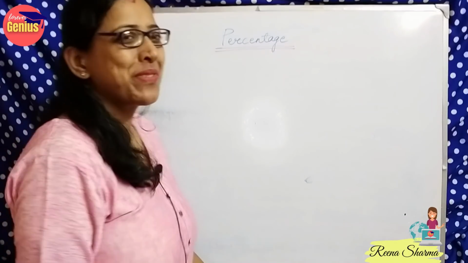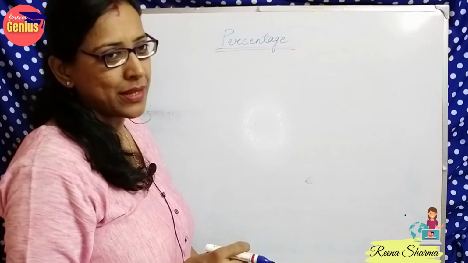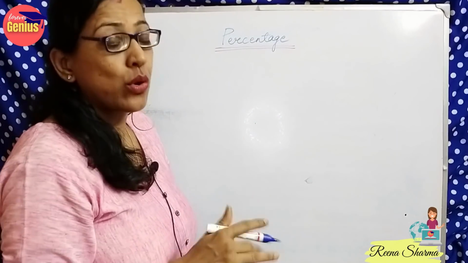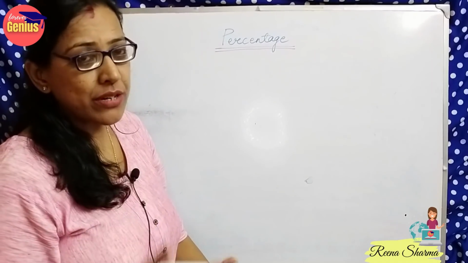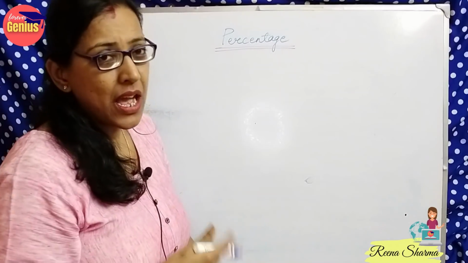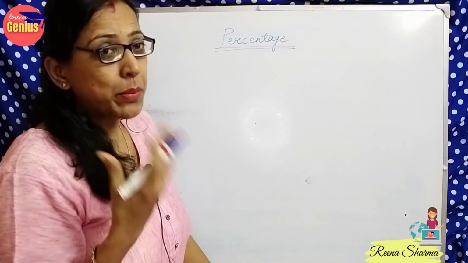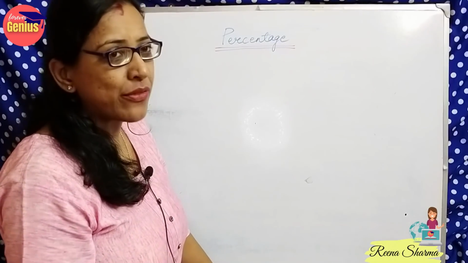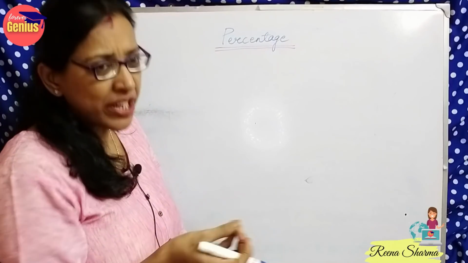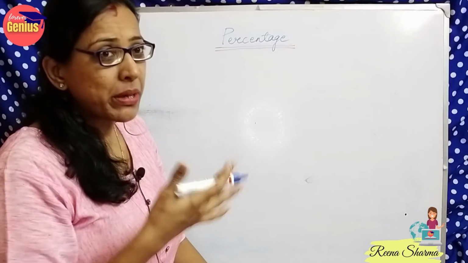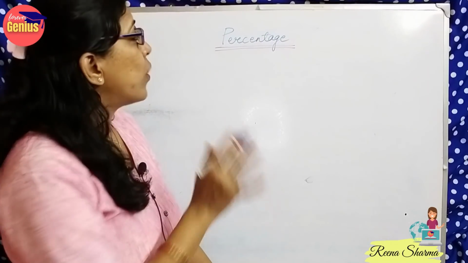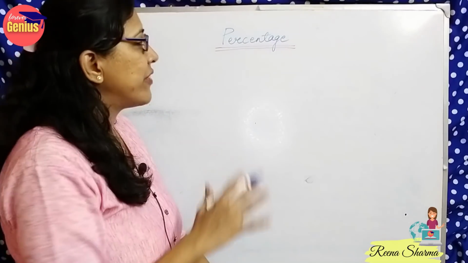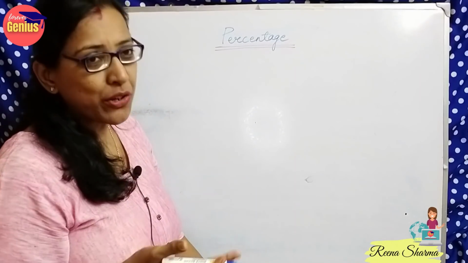Hello students, with our topic on math. So today we are starting with the topic percentage. Now we have a lot of confusion when we deal with percentage. How to calculate the percentage if a number is given out of, suppose, 3600, if I have to calculate 10%, 15%, how to do? We often make mistakes, but what are some of the tricks which we can go through and we can be master in this particular topic?